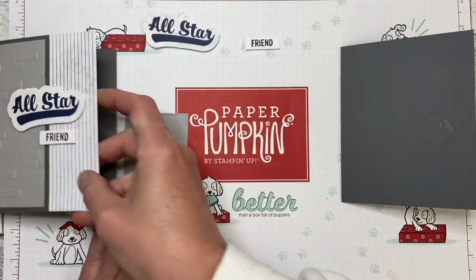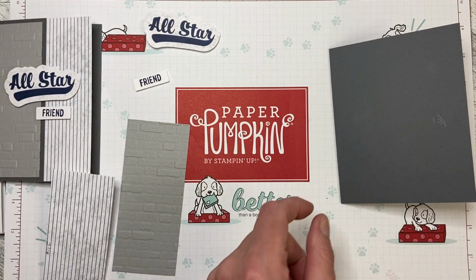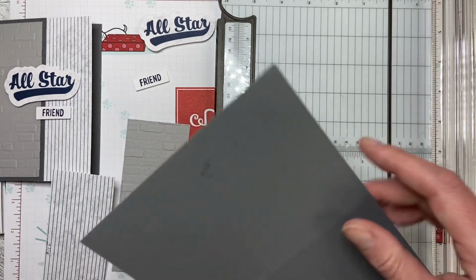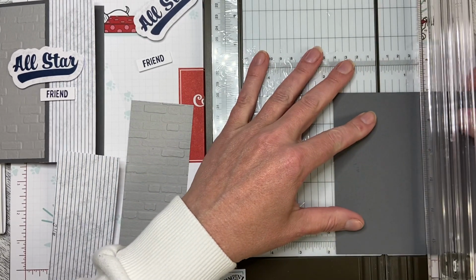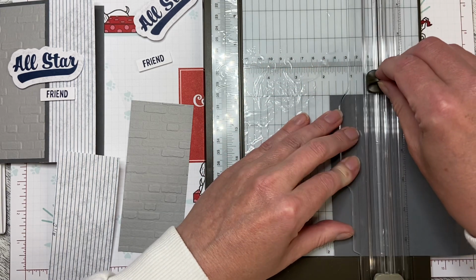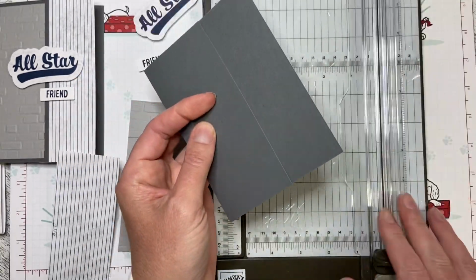Now I just need to grab my paper trimmer, and I'm going to trim 1 3/4 inches off the edge of this card, just like that. So now we've got the flap there,